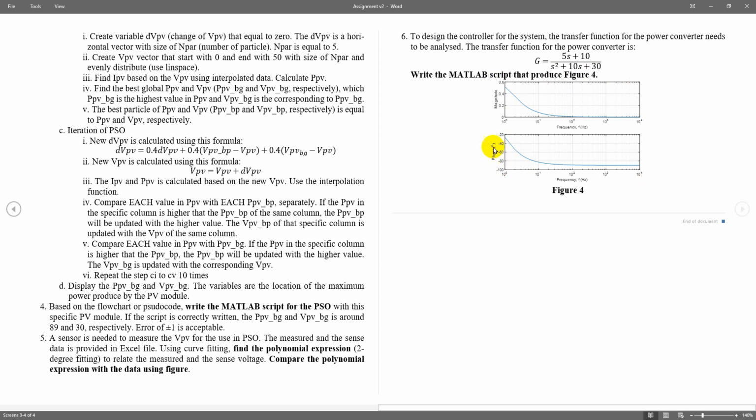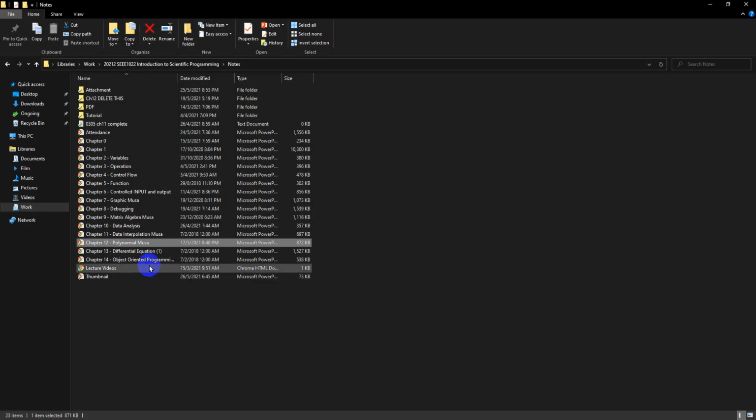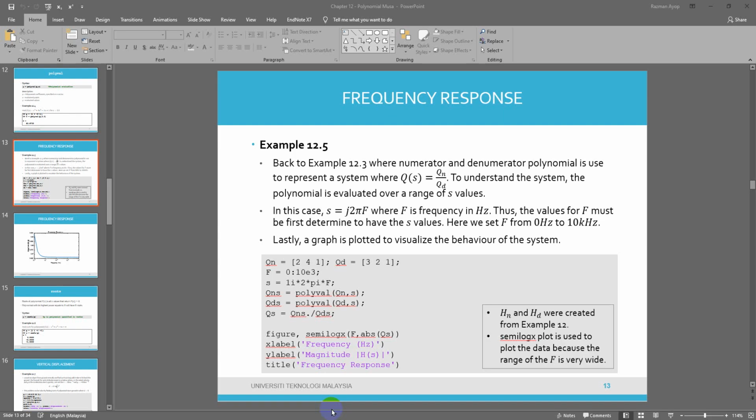For this one you have to use degrees, not radians, so make sure you know how to do this. For this case, you need to know chapter 12. You have to determine the frequency response.